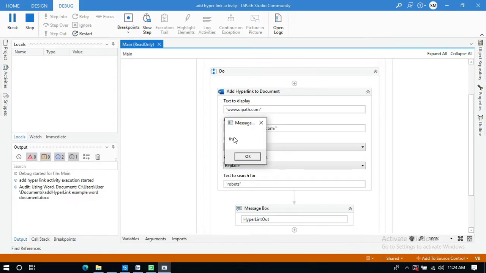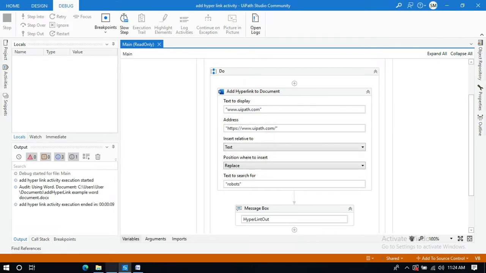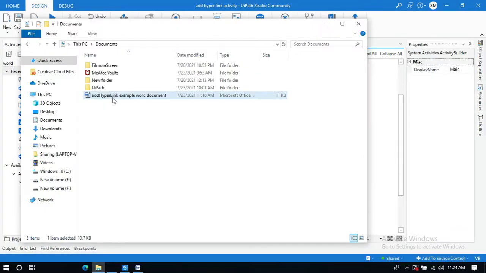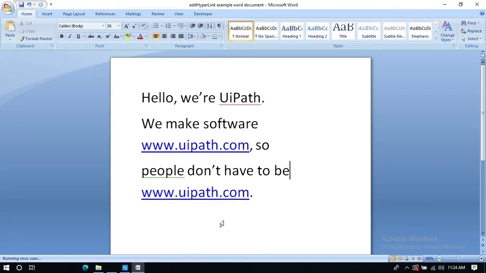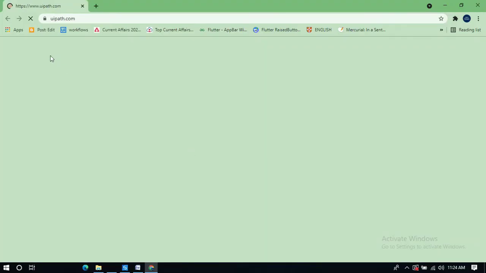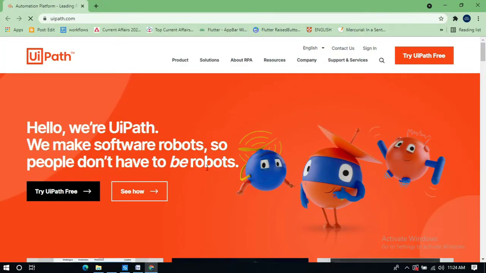The hyperlink is added, you can see in this message box. Go to your Word document, and you can see the robots text is replaced with the hyperlink here. Keep pressing Control and click on this link. It will redirect to this page.